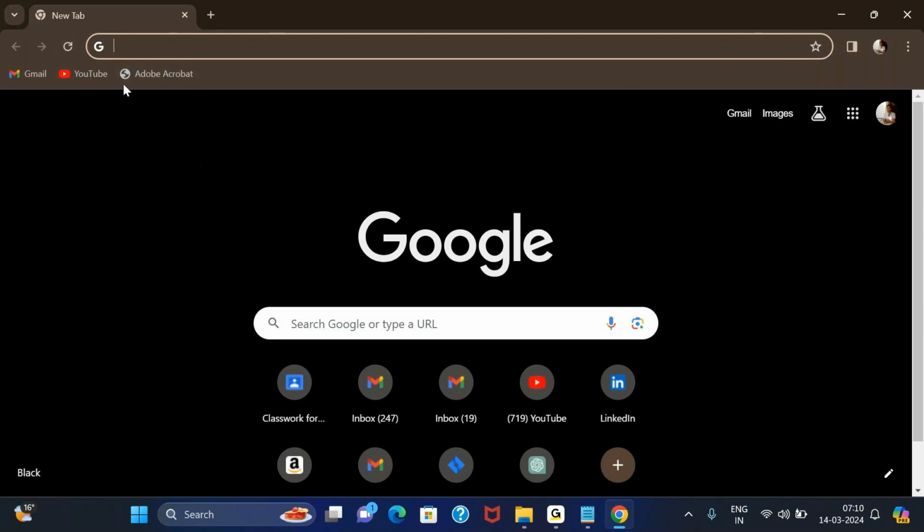I can simply use this search bar to directly search for whatever I want. When I open up Google Chrome, because it's offered by Google, Google by default gives me a search bar here also, plus some frequently used websites.